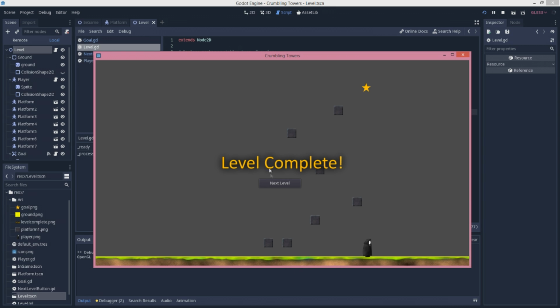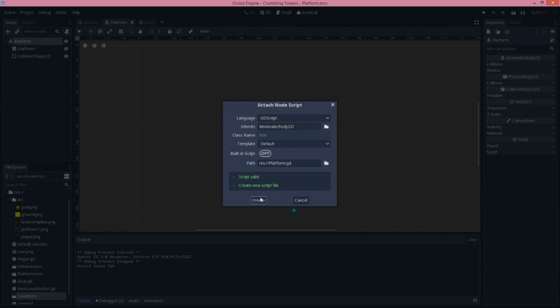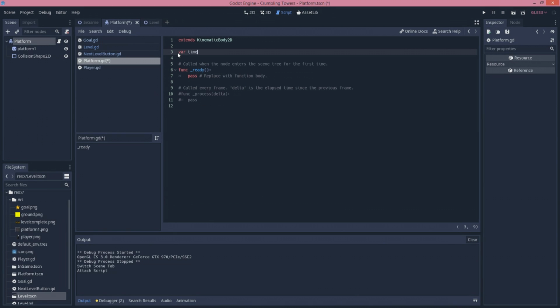And that works. Now, as our last step for this video, let's make those platforms able to fall. Going back to the platform scene, let's add a script. First off, we need to know how long before it will fall. I'll use -1 as a special value to mean that this platform does not fall, and I'll make that the